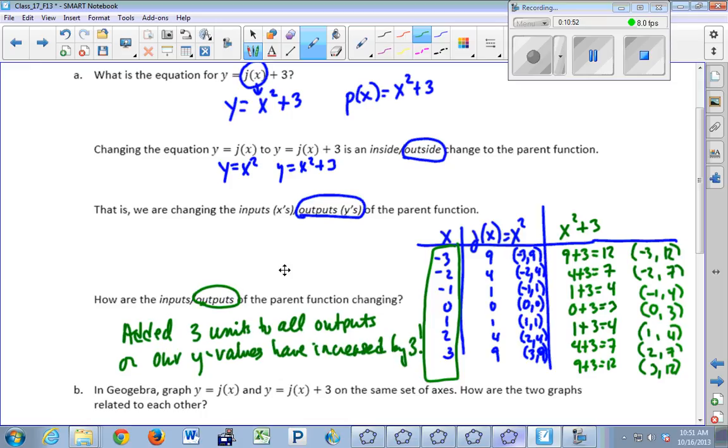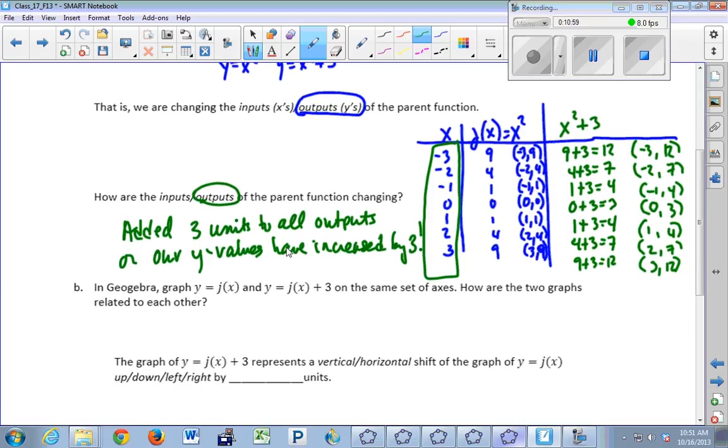Okay, that's what's happened to them. Does that make sense to you? So you see that everything's had 3 added to it? All right, so in GeoGebra, let's take a look at our parent function, j of x, and our new offspring,